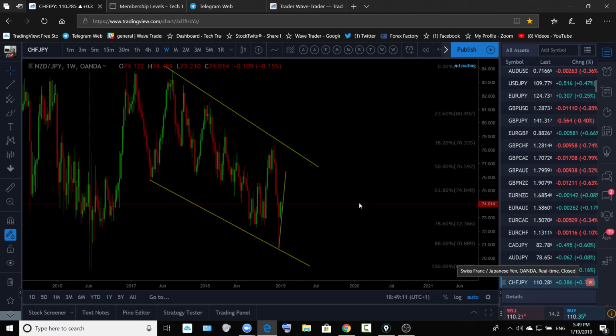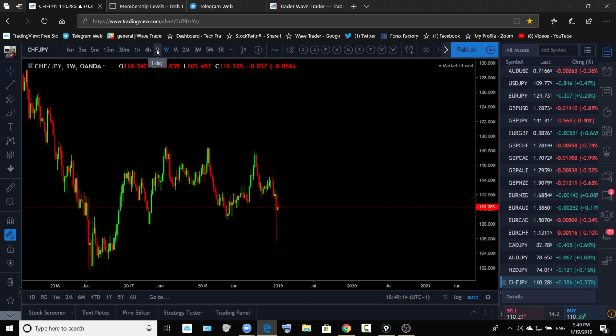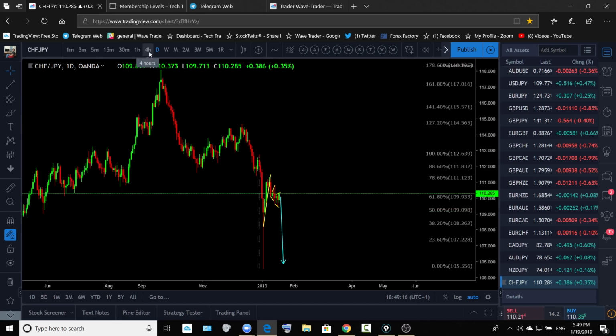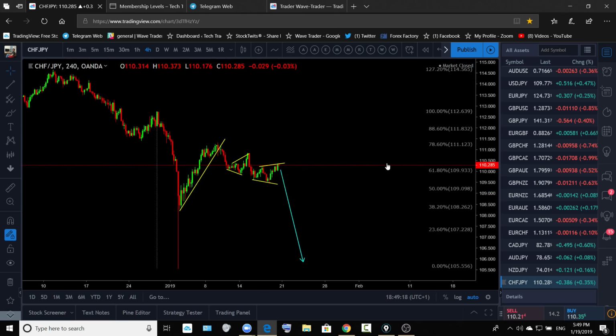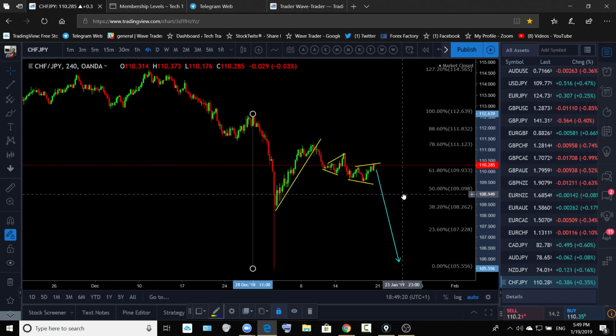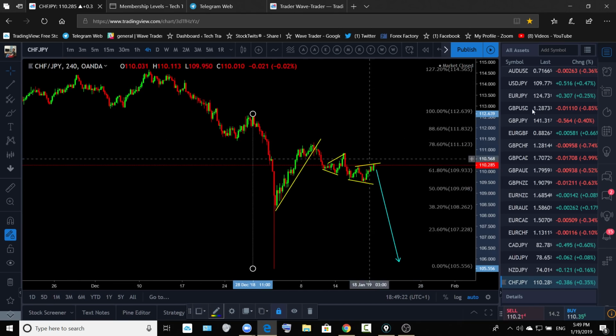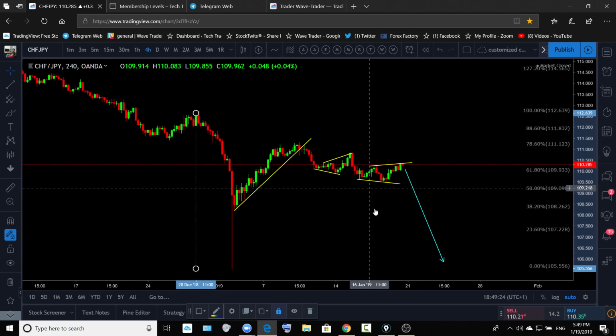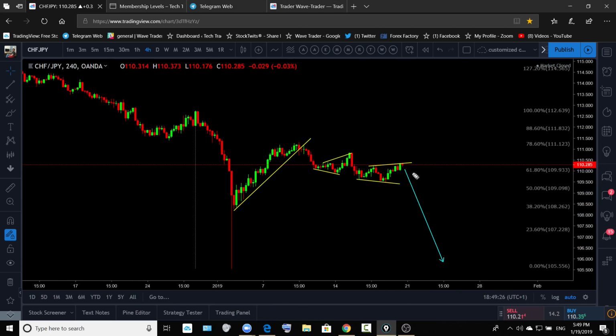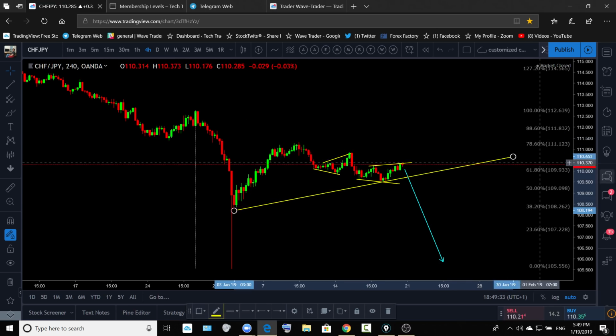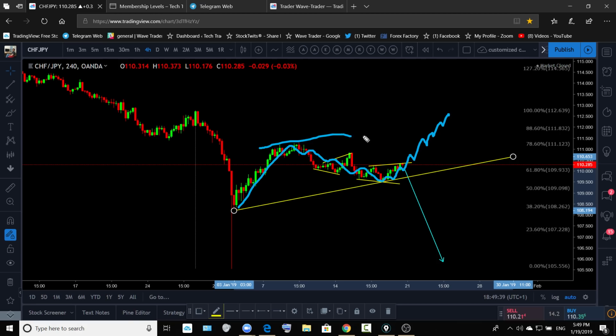All right, and Chief Yen, same as the other yen pairs analysis. Okay, you guys can see the ABC move over there. All right, so like that. So currently look for it to continue to go lower. All right, continue to go lower aggressively. Yeah, if not, then one more up move is going to be over there, like the Euro Yen or the Dollar Yen. All right, like this. Okay, and then again we're going to look for it to go down.